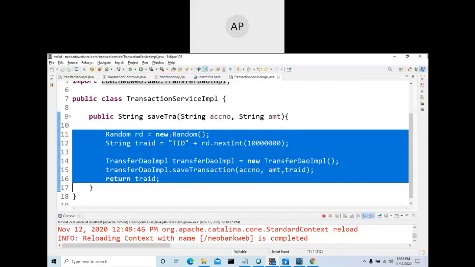But for maintenance, it is very difficult to maintain the class if your class is too big, and there should also be a proper design for it. So now we have one JSP, one controller, that is one servlet, one service layer related class, and one DAO related class. For every table, you can write one DAO related class.